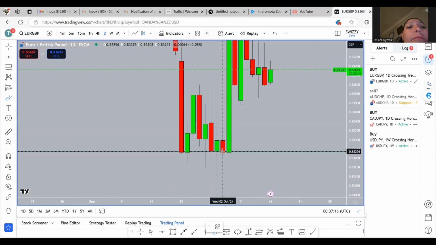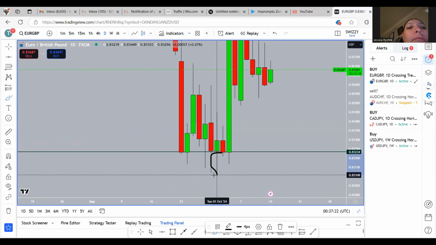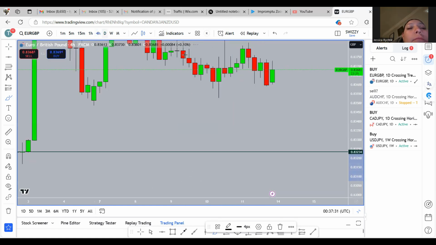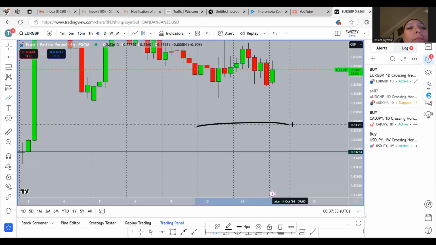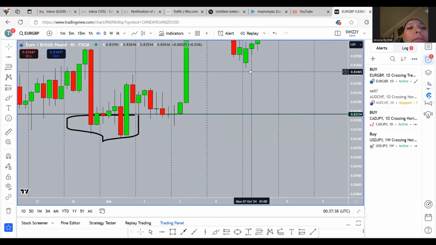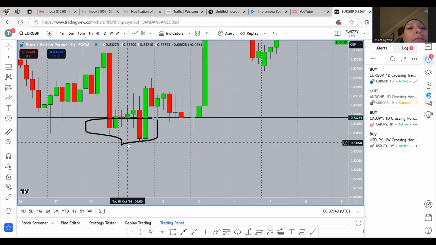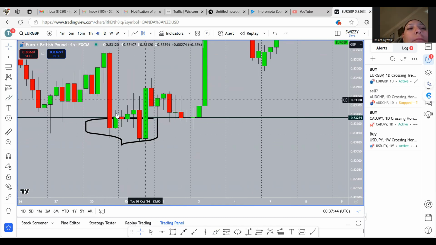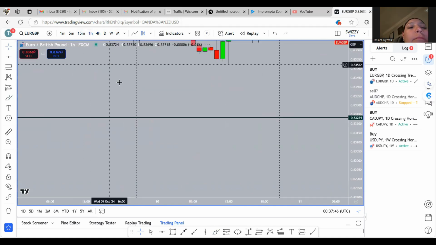Let's circle this. This is how we're going to do it. I'm going to put a circle around that wick. All right, so we've got a circle around that wick. Now, remember, this is on the daily. So if I go to the 4 hour, and then we look for that same wick. Oh, because it's over a few hours, it's not one wick. It's a bunch of candlesticks. If we go to the 1 hour,